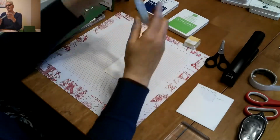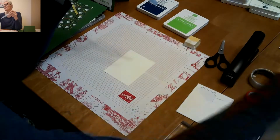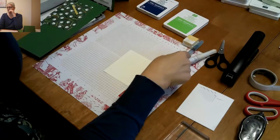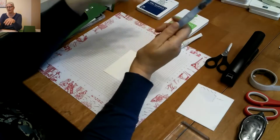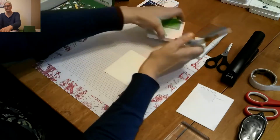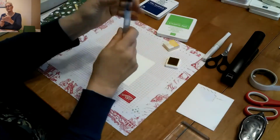And to do that, I'm using the aqua painter. I'm going to show you an alternate technique using the Wink of Stella. And the other thing that you could do would be to just use a regular paintbrush with water, with a cup of water, are the two easiest. So I'm going to start with my light ink, and I've already filled the aqua painter,